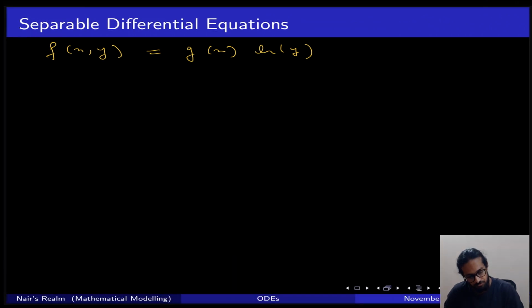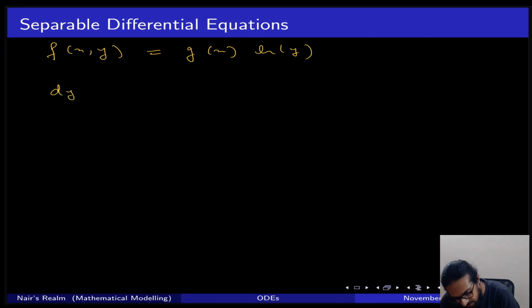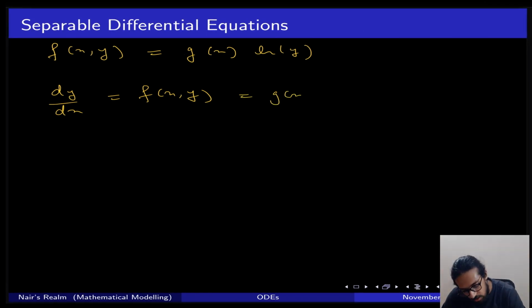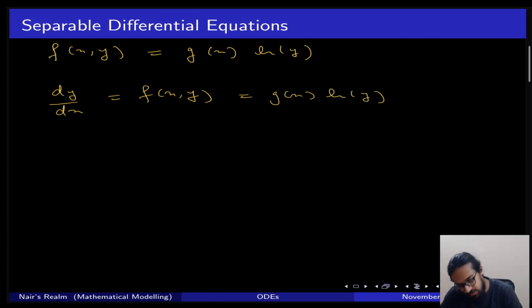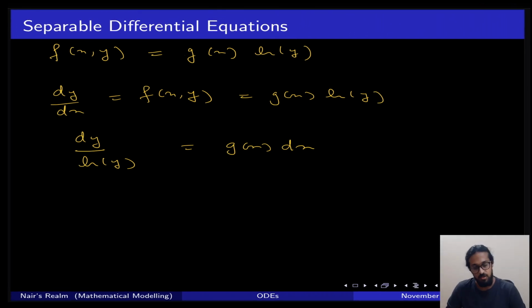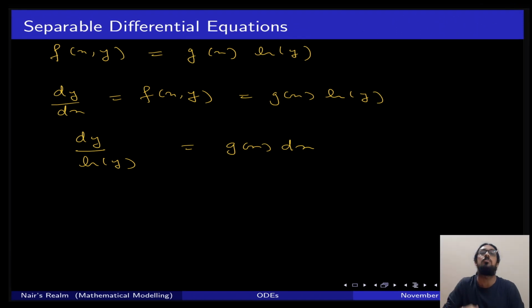Now, let's think of this in terms of differential equations. So if I have the following differential equation, and I know f is a separable function, then I can write it in the following way. Now, if I rearrange the terms a little bit, I'll end up with the following rearrangement. Now, this is a very simple thing to solve in terms of integration, right?